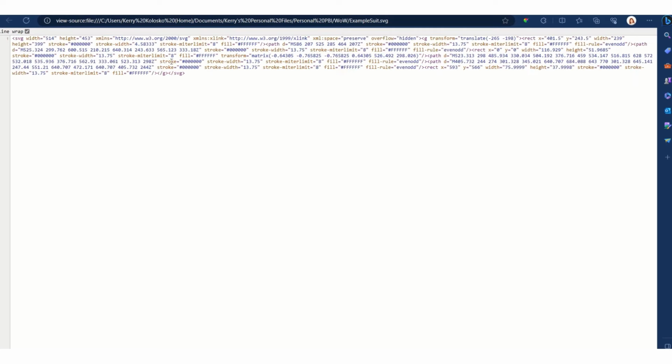statement, and then we can see in this SVG that we've got a grouping. So this is the grouping of all the SVG elements. So it's grouped the rectangle, it's grouped a path shape, another path shape, another rectangle, and some more path shapes. So what we can do is we can copy this code